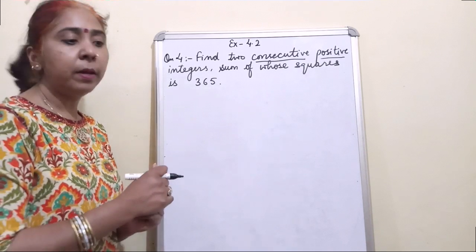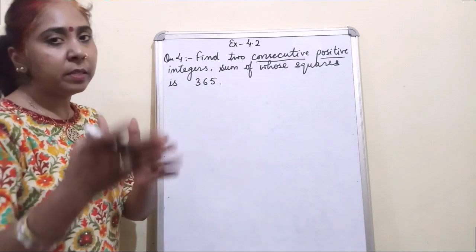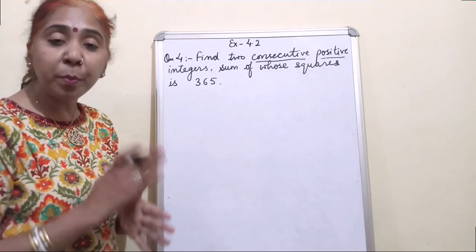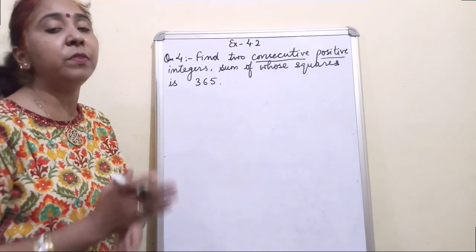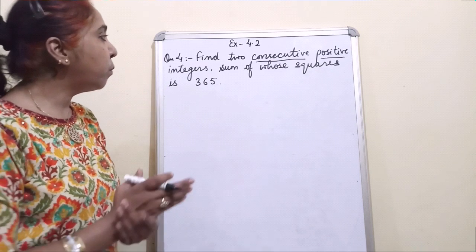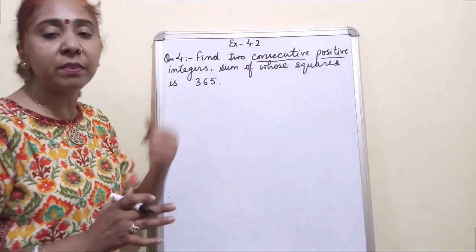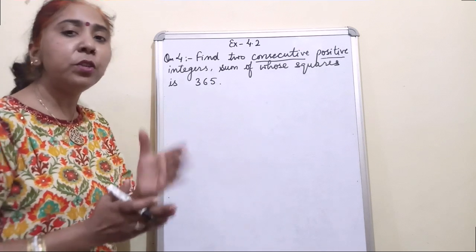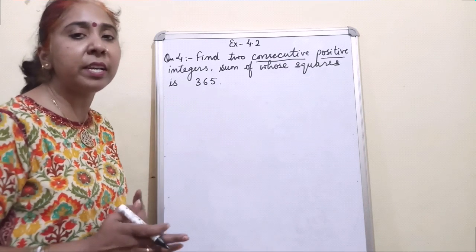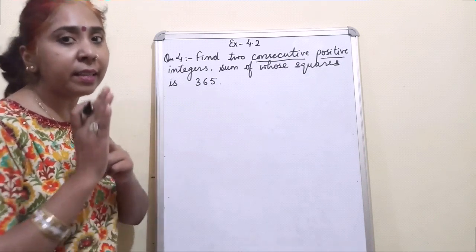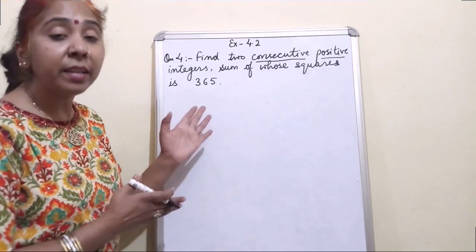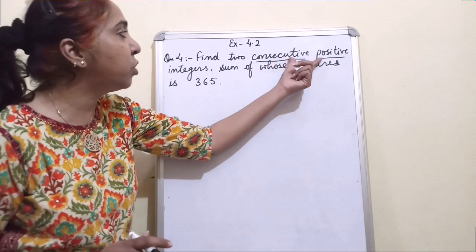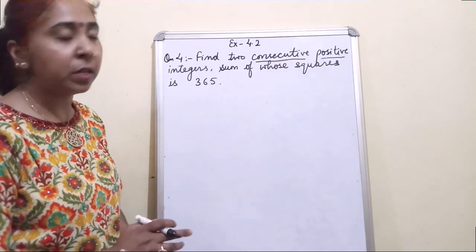Suppose I'm having, I'll give you an example, 15, 16. These are two consecutive numbers, and if he's asking for positive numbers, they should be positive too. I cannot take minus 15 or minus 16, right? Because he wants us to solve this question for positive consecutive integers. So in the answer, because in a quadratic equation you'll get two solutions for x, you have to reject one at the last. If it comes negative, you have to reject that answer, because he wants us to solve the question with only positive integers, right?